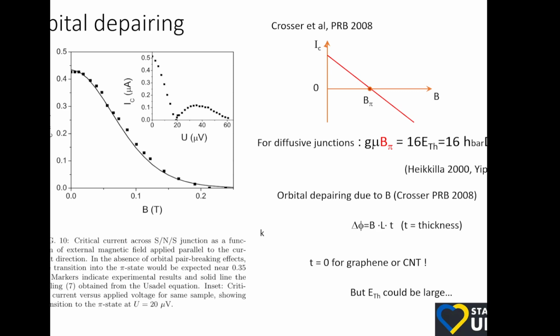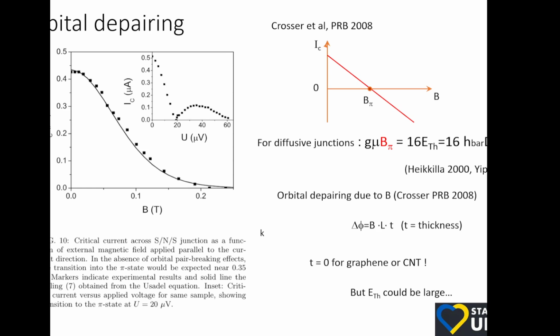thickness of your junction, it will roll down the critical current, the amplitude of the current phase relationship will just go down. In this example, where it's I believe a 20 nanometer thick aluminum silver film is the junction. Already at 0.1 Tesla, it's quite a bit suppressed. You could still measure maybe down to 0.2 Tesla. So you want your B pi, the field of the pi junction, to be at a lower field than this